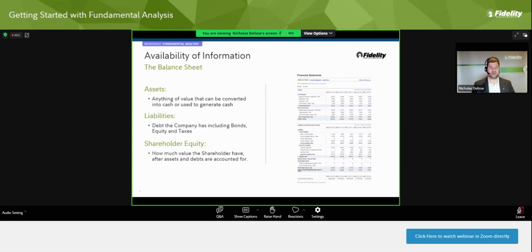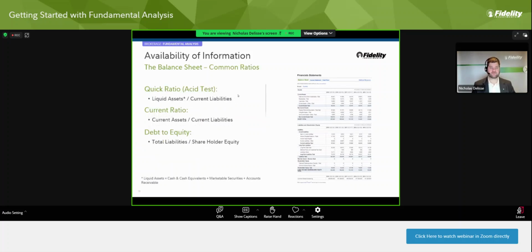Now, some of these can then be shifted over into different ratios and such. The debt to equity, asset turnovers, and such. And we've kind of been talking about some of those very specifics on those cash-like assets versus not, because some institutions will take a look at those liquid assets, cash and cash equivalents, marketable securities, accounts receivable, stuff that's very, very liquid, and take a look at its current liabilities.